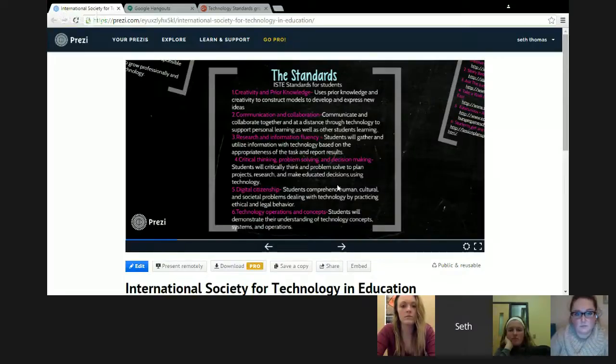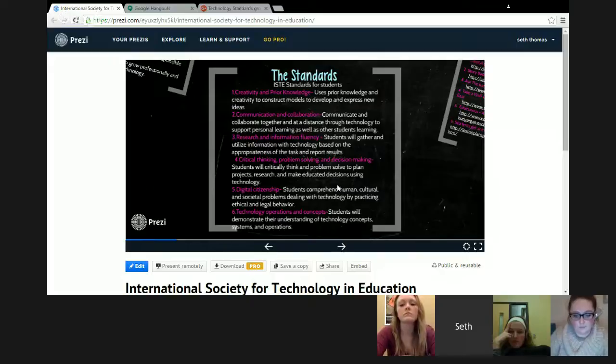Technology standard number 6 is technology operations and concepts. Students demonstrate a sound understanding of technology, concepts, systems, and operations. And with this, they will understand and use technology systems, select and use applications effectively and productively, troubleshoot systems and applications, as well as transfer current knowledge to learning of new technologies. And the essential conditions I connected here were